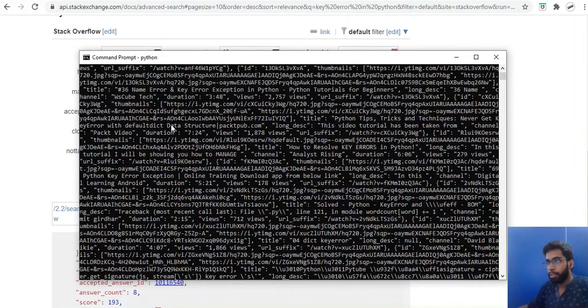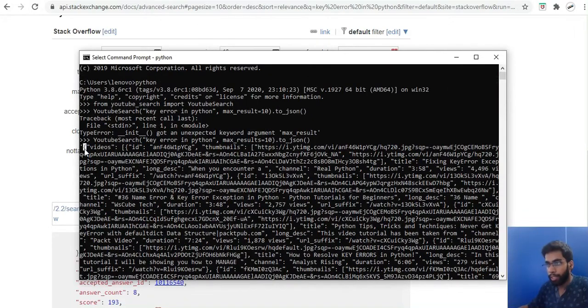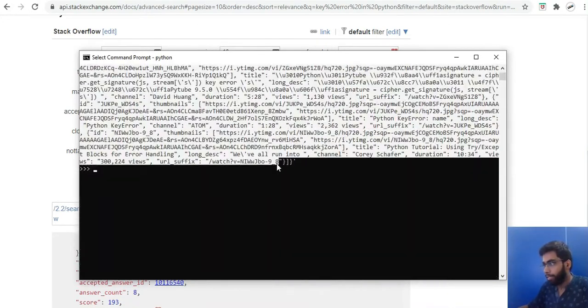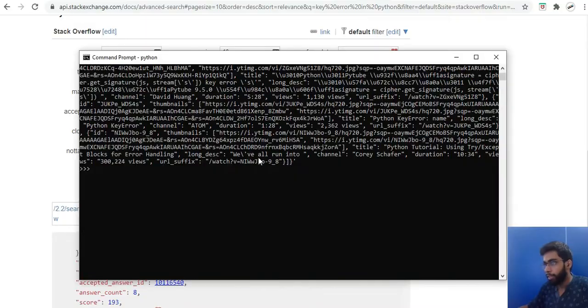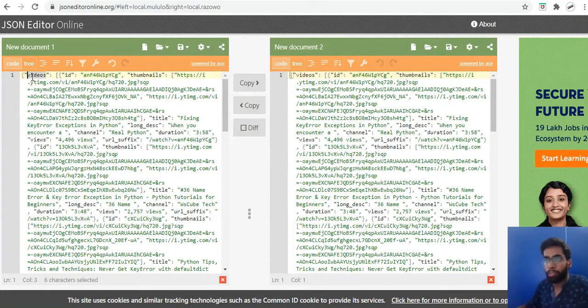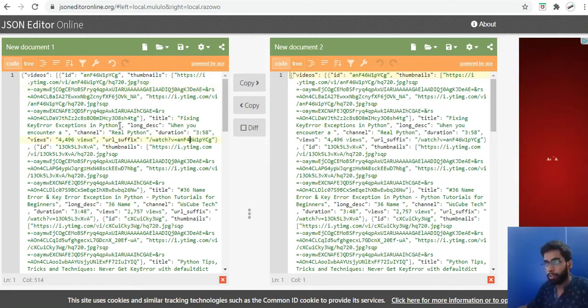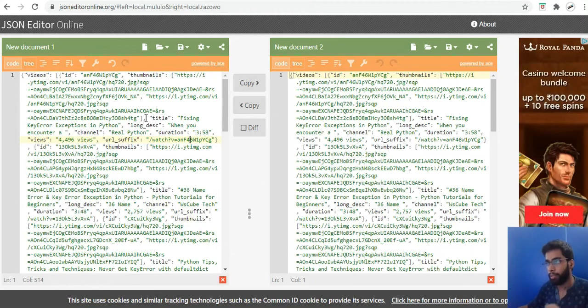Alright, it's very hard to see over here. It has given me a stringified JSON. It has something called videos, which is a list, and it has a couple of internal dictionaries. So this dictionary has ID, and thumbnails is basically a list of images, I guess. Yeah, so while displaying the result I'll use this thumbnail as well because it looks pretty good.